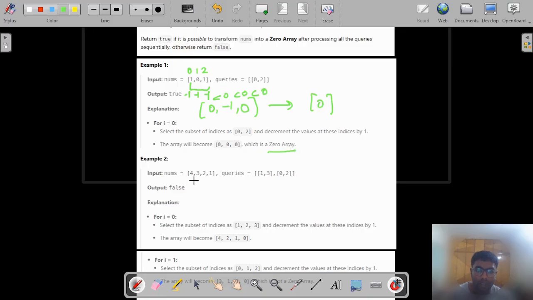Okay. So in the second example, 4, 3, 2, 1, we see two queries, [1, 3] and [0, 2]. So if we consider 1 to 3 and subtract 1 from all of these values, and also the second query, which is 0, 1, 2, subtracting 1 here, we would still end up with values such as